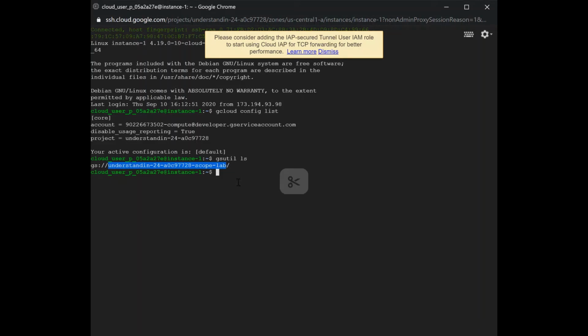I have copied. Now I will try to read it. I'll read it by writing my command again, gsutil ls, and I will paste my bucket name and read should be successful. It is successful.